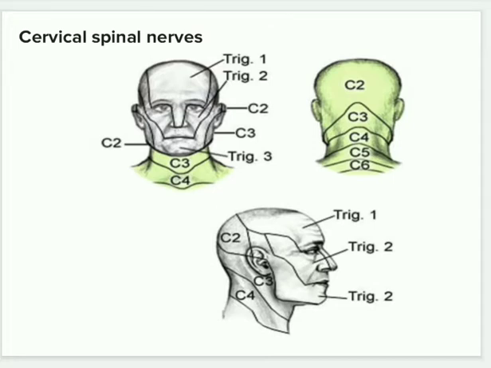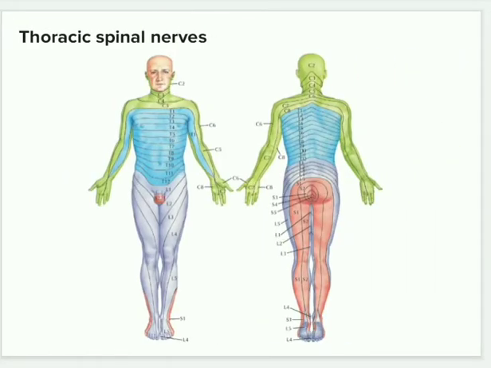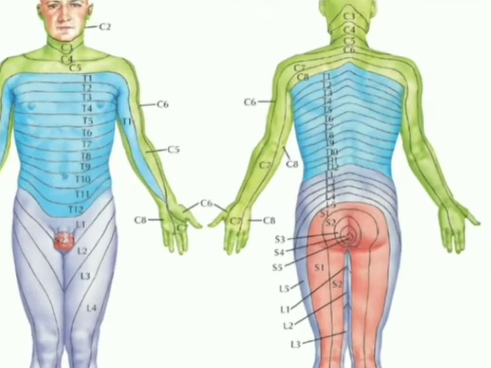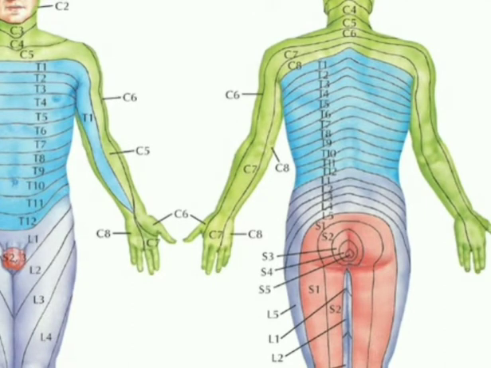C5 is completed and C6 is your shoulder level, lower neck region and also the back of the shoulders. It can also be said as outside of the arm. Here you can see your C6. It is your thumb, and C7 is your pointer finger and middle finger. And also C8. C8 is also the inside of the arm. You can see here two fingers, index finger, that is your ring finger and little finger.